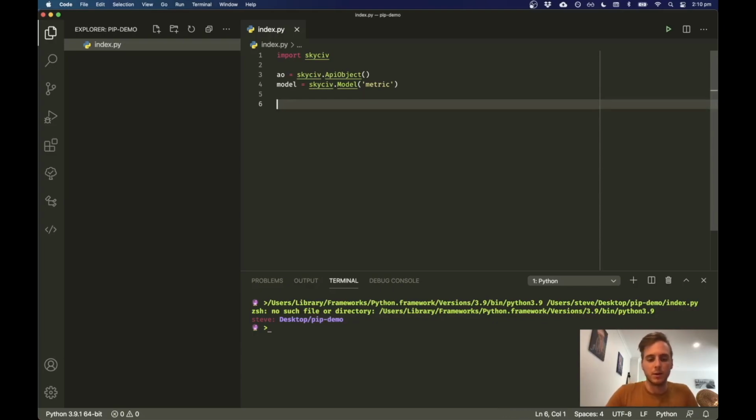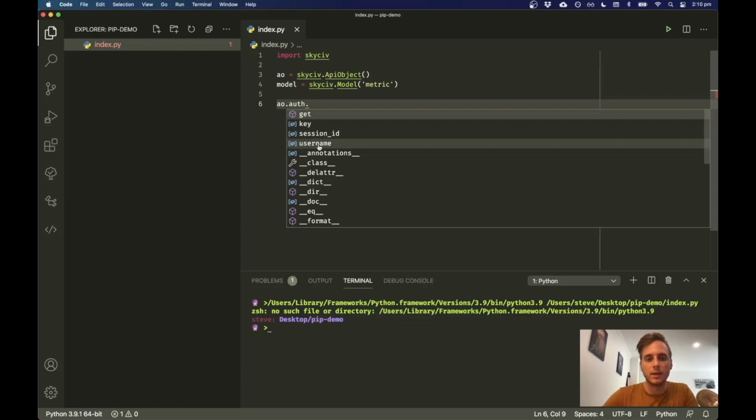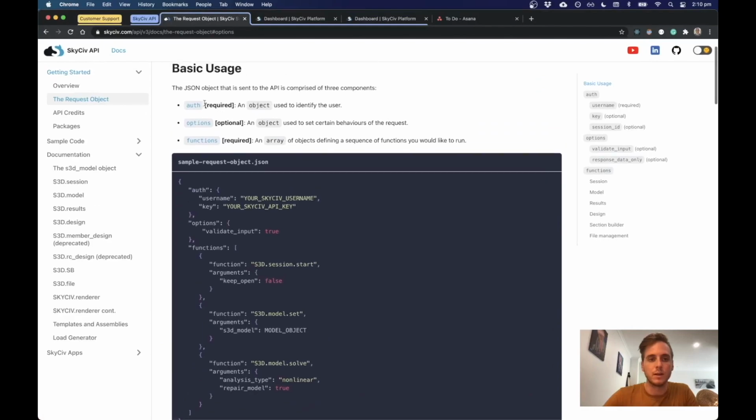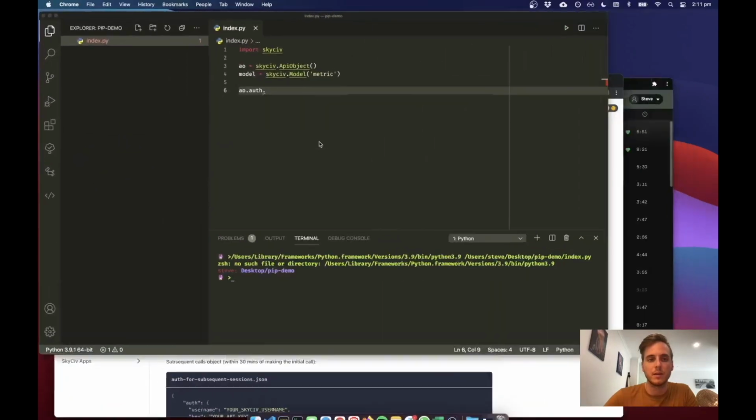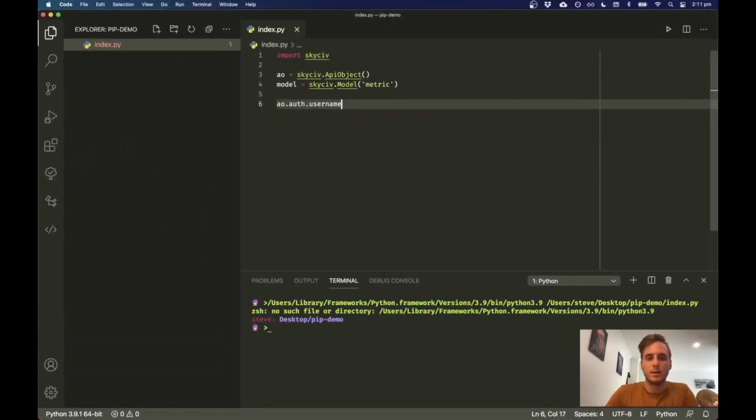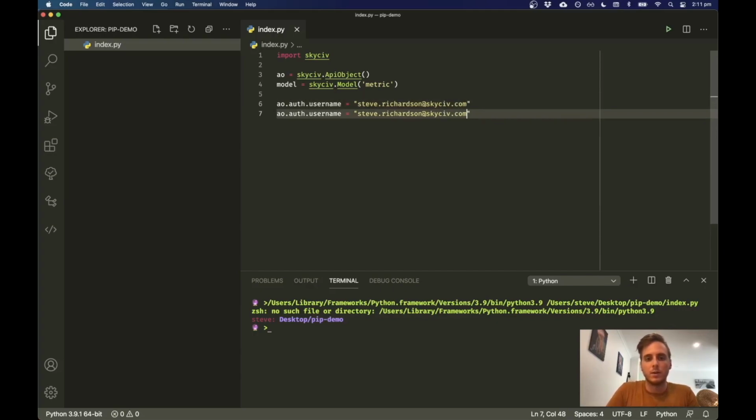So we won't use get, but we're going to set the auth. We'll go ao.auth and then dot again, and you can see a few different options here: username, session ID, and key, which, if you had a look at the auth in the docs, you can see are username, key, and session ID. You can have a read about what the session ID is, but for now we just want to set the username and key. So we'll go dot username, and I'm going to set that to my SkySiv login, steverichardson@skysiv.com. Now we're also going to want to include our key. So we can go key, and then you need